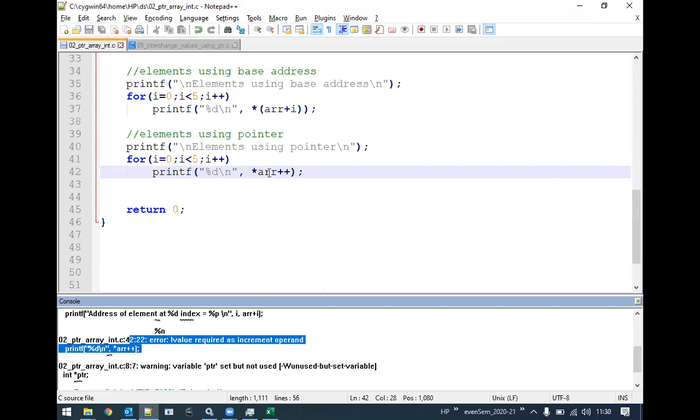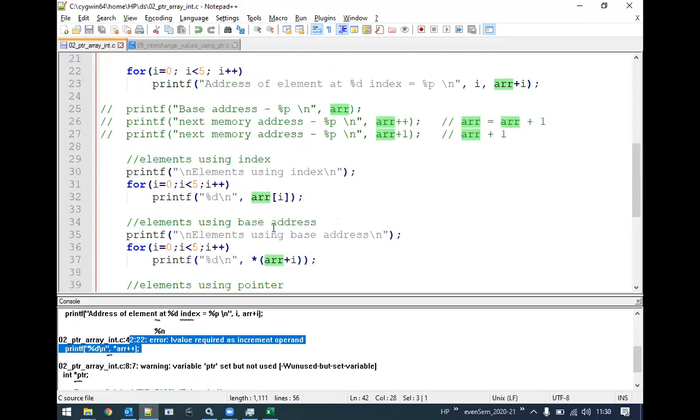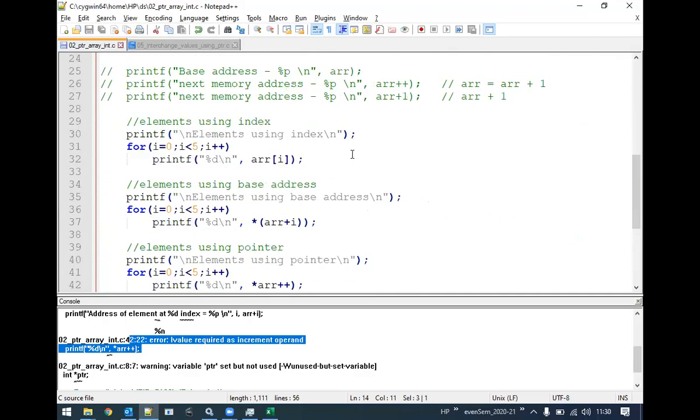In the previous class, we discussed it. Why is this error coming? Because ARR is a constant pointer. We cannot change its value. But if we use a pointer which stores that memory address, then we can change its pointer value, increment or decrement based upon the need, and get the desired outputs.